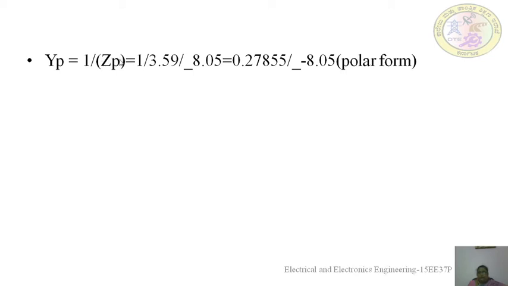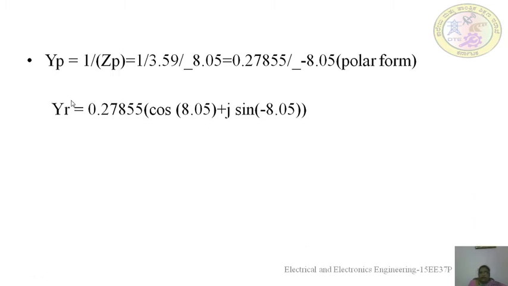In the place of Zp, you substitute the value you have got for Zp, and then you are going to get the given value substituted in the polar form now. We will get it in the polar form. Ivaga namge polar form al barutte. Then this polar form has to be again represented in the rectangular form.